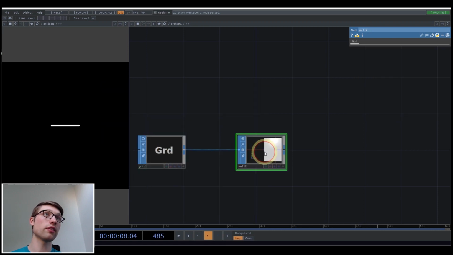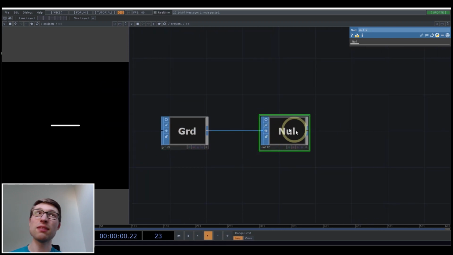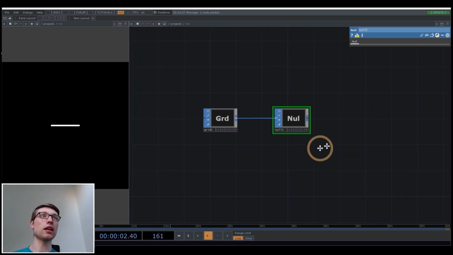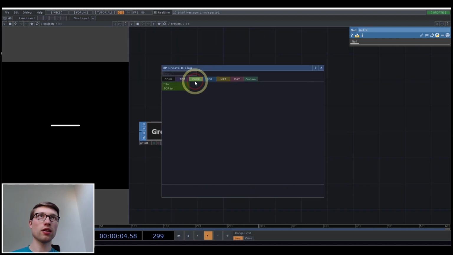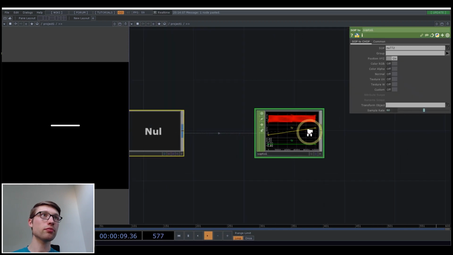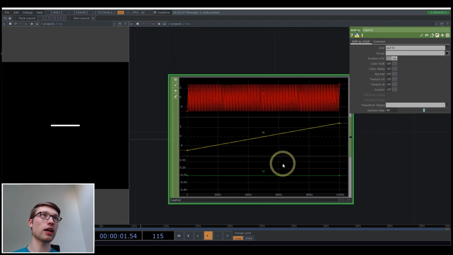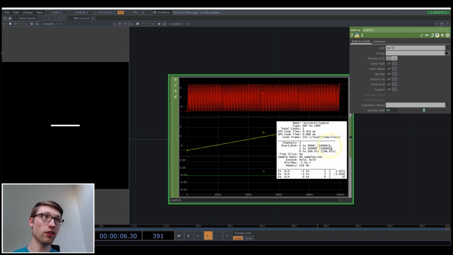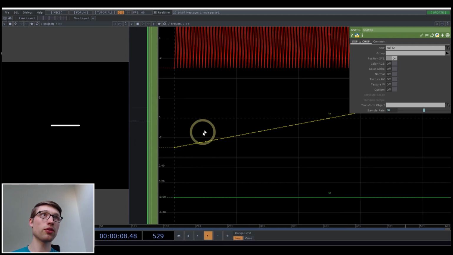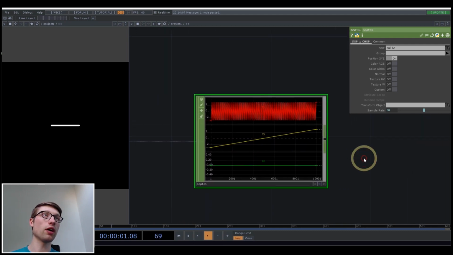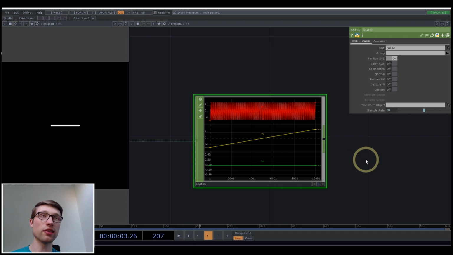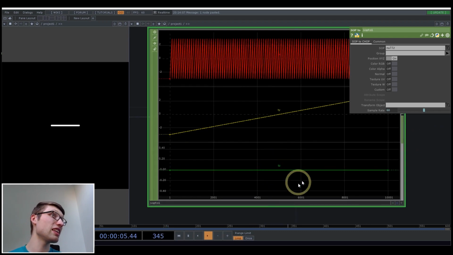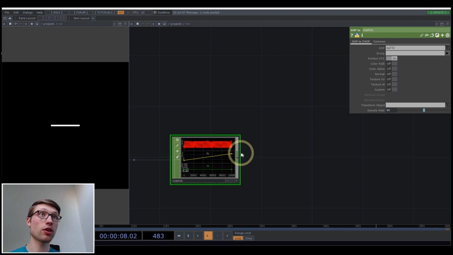I'll place a null after this. Just means if I want to swap inputs, it's easy to do that. And then from the null, we will convert this using the SOP to CHOP method, and here we go. We've got TX, TY, and TZ, 3 channels, 10,000 samples. So each one of these samples is going to represent one of our instances. And we don't actually need the Z here, so actually I'm going to go ahead and use a select